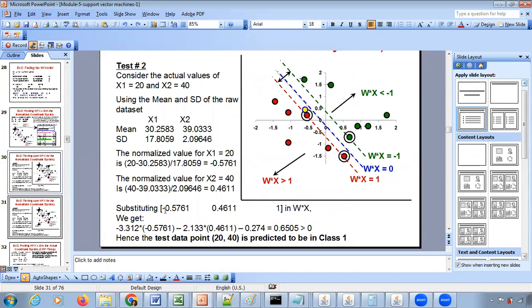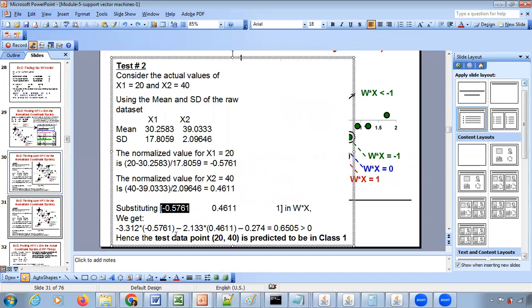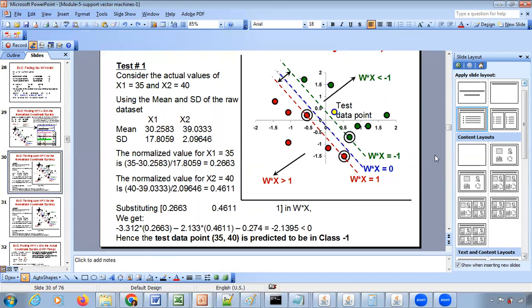So find the corresponding normalized version of x1. The x2 normalized version remains the same, and when we do the math, you get positive 0.6505. So again, this is what I said. We just compared the w times x with, is it less than 0 or greater than 0? Only for the